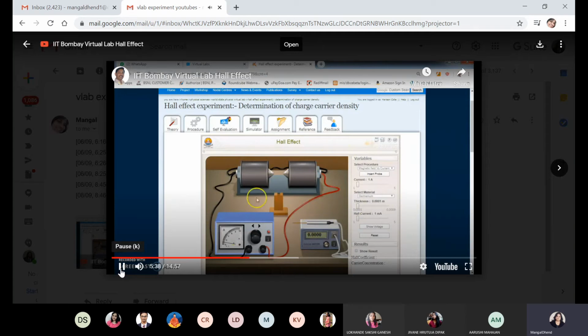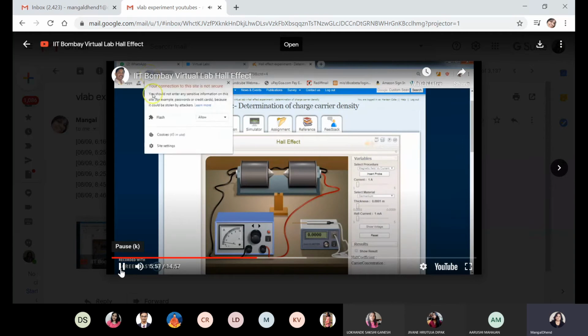It means that this works on Adobe Flash, and your Flash plugin is not enabled. So to enable the Flash plugin, in case you're not getting this simulator, you go to this place over here, there is a small letter i in your browser. Click on that. View site information comes there. Click on that, and you'll see the Flash setting over here.